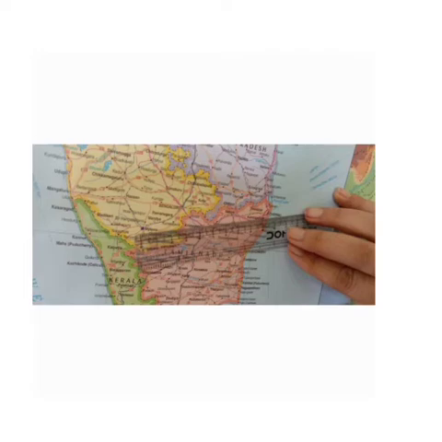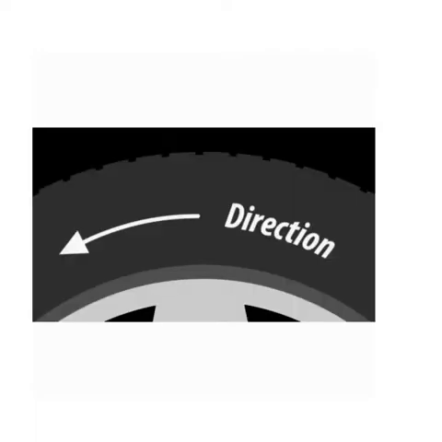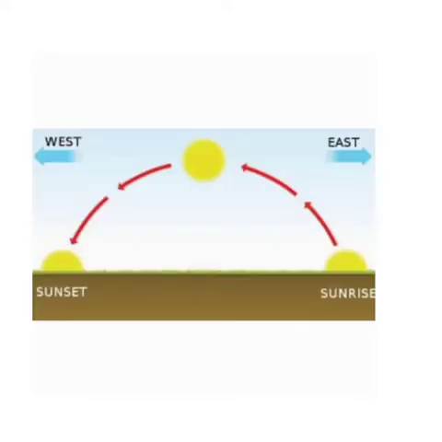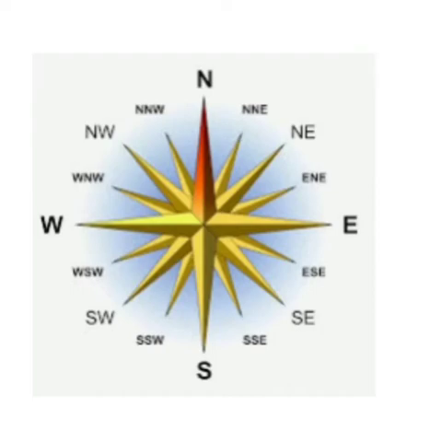So the next is directions. So children, directions are also important. Using directions, it is convenient for us to find out or to locate places. See how to find out directions. The sun always rises in the east. This is a fixed direction. And opposite of the sunrise, the sun sets in the west. So we got two fixed directions. If we are facing east, then the north will be on your left and the south will be on your right. So we can follow any particular route with the help of directions.